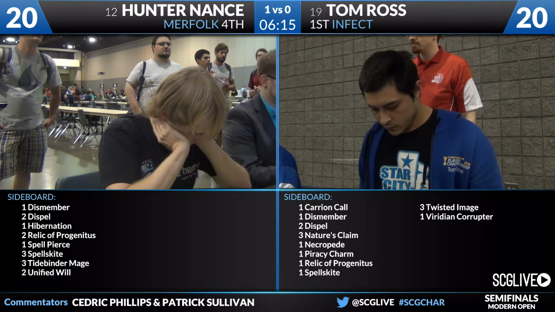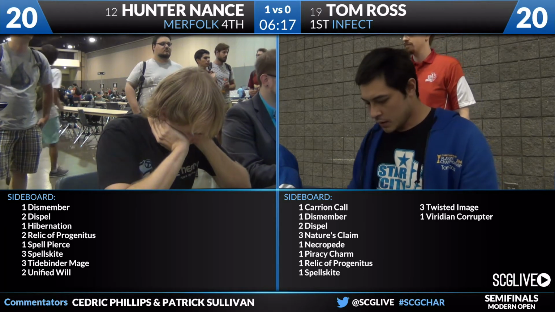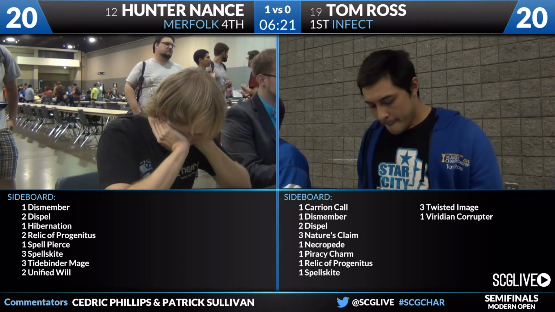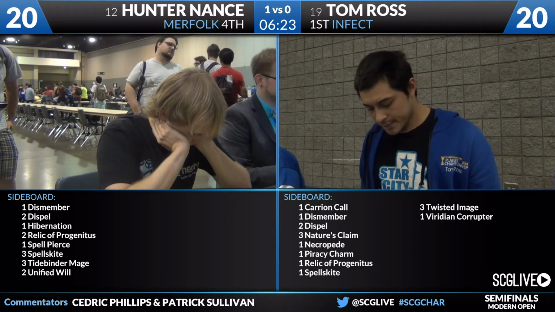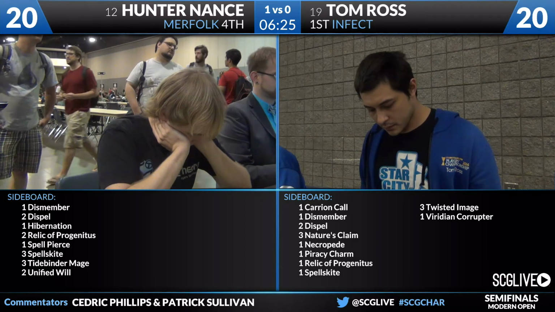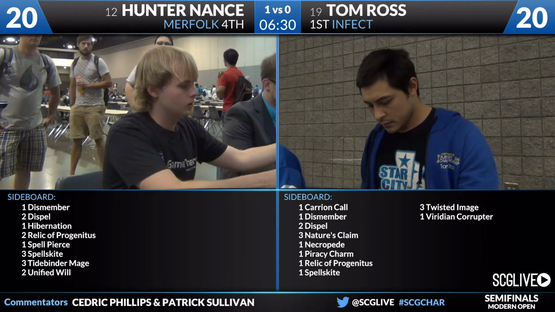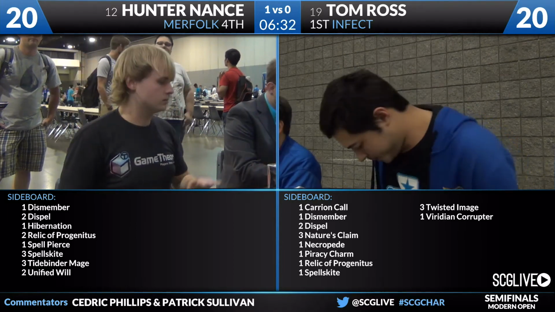So, big fan of bringing in the copies of Twisted Image in this matchup. You're going to be playing against Spellskite on the other side of the table. I think that you could bring in the copies of Nature's Claims. As you mentioned, a lot of artifacts and enchantments floating around in Hunter's deck. And I think the 1 copy of Piracy Charm is another reasonable pump spell. An Island Walk can be powerful for Tom in certain spots if he's trying to win the game with